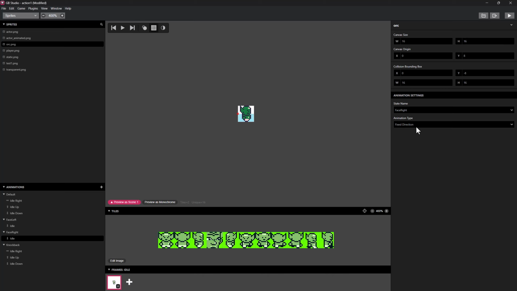So it's not going to turn left or turn right just based on the logic inside GB Studio. If it starts walking to the left, it doesn't have a walking left. It only has this animation state, so it's going to be facing the correct direction. So if I go back to the game world,